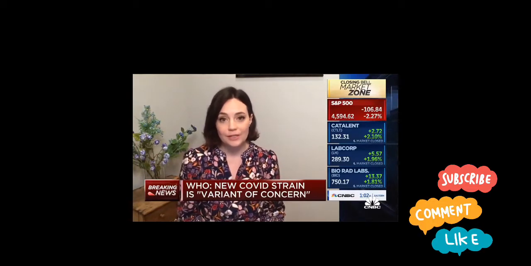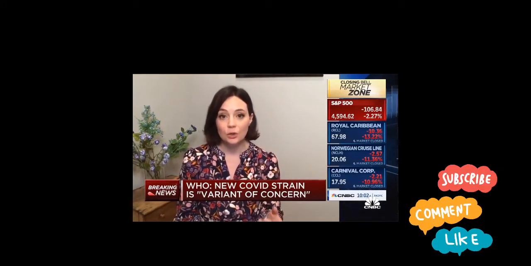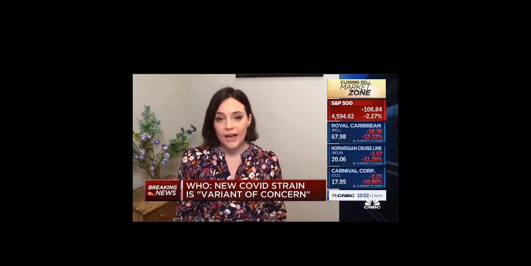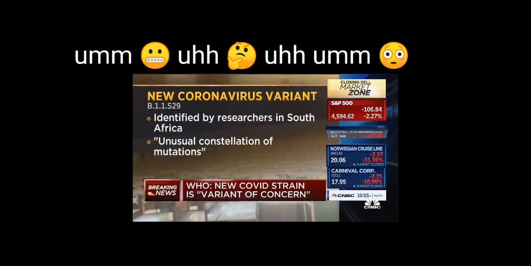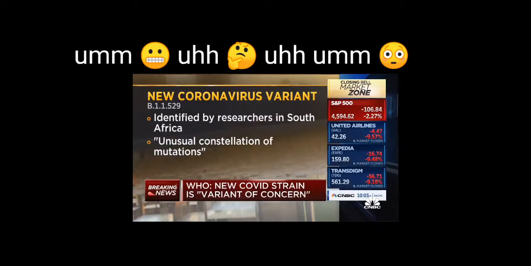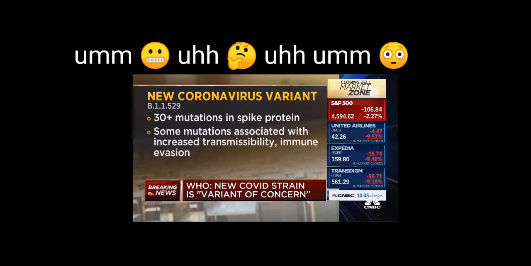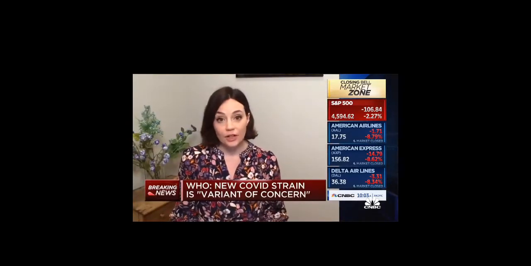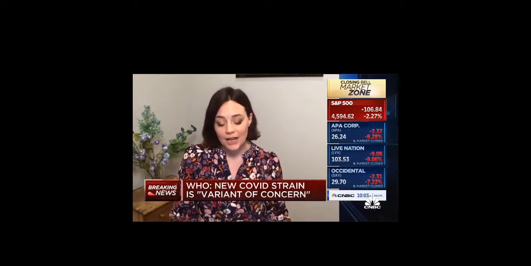Essentially looking through this to understand more about this variant right now, but saying that it does appear to potentially have the potential for reinfection, so that suggests the ability to evade immunity to some degree. They're also noting how quickly it has spread and suggesting that it does have the potential to be more transmissible. So looking through here to better understand this variant, but the World Health Organization coming down and classifying it very quickly as a variant of concern. South Africa very early on raised the flag about this, noting the more than 30 mutations on the spike protein that make it so concerning. But we are waiting for a lot more details on it.